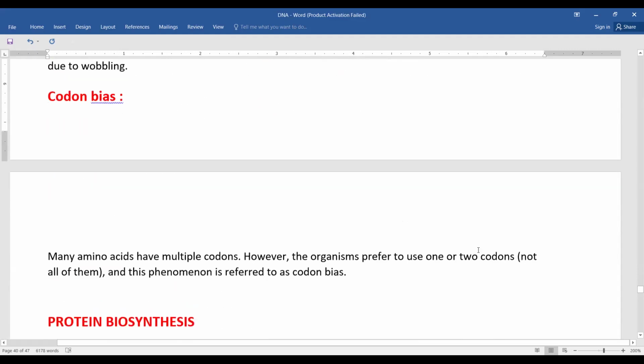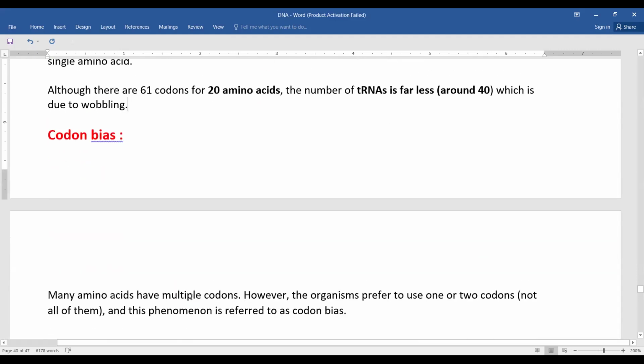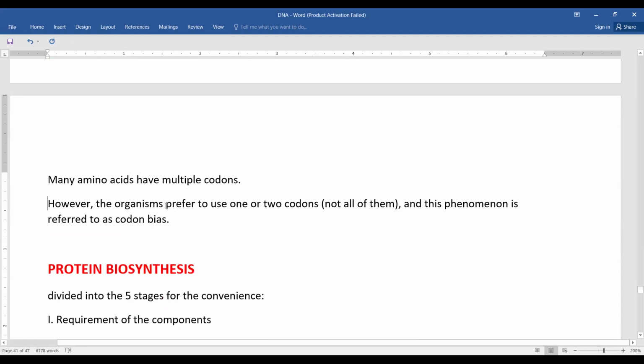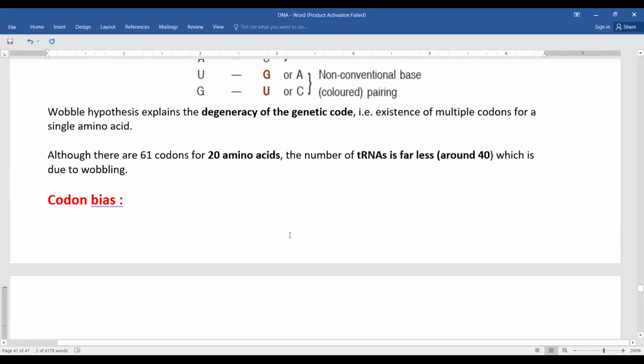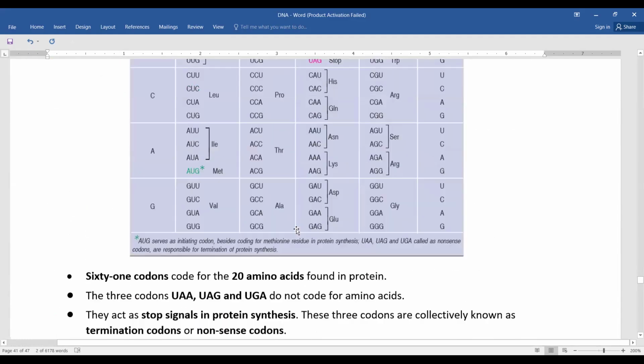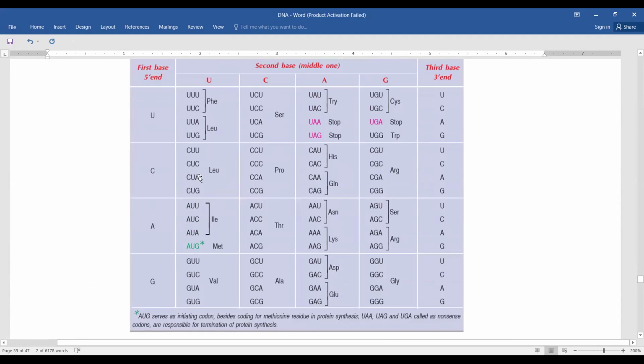The last point is codon bias. Many amino acids have multiple codons. However, the organism prefers to use one or two codons, not all of them, and this phenomenon is referred to as codon bias. What is the meaning of that? Now, there are 4 codons, so any codon is okay to use in the genetic code, but